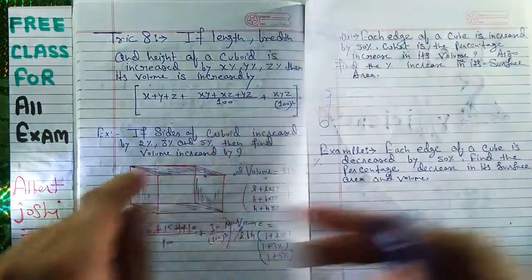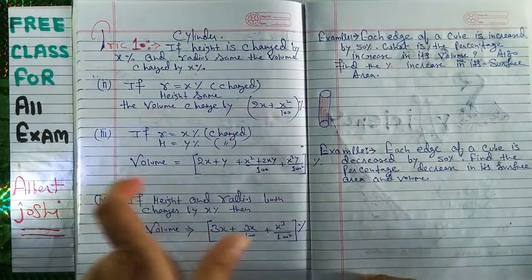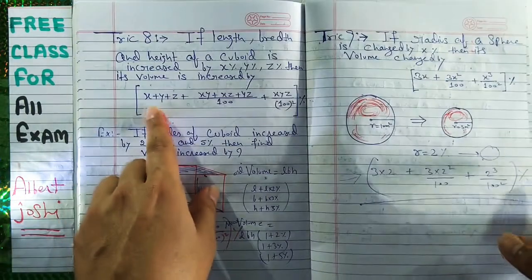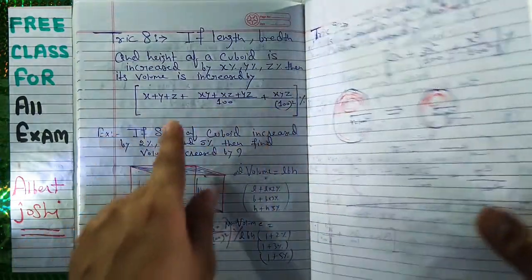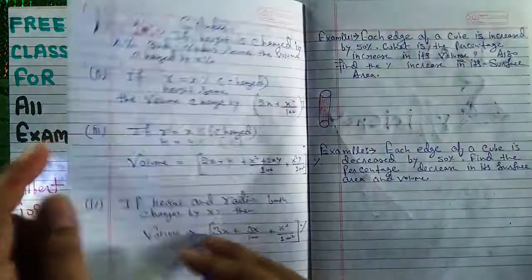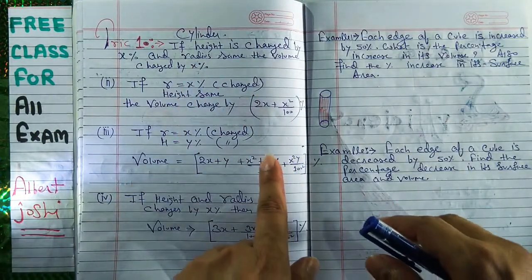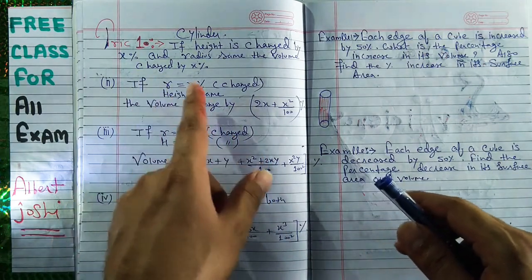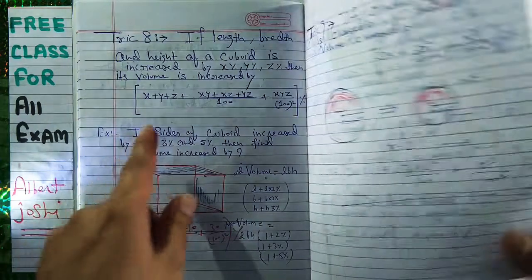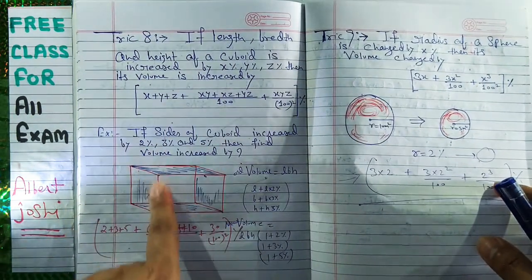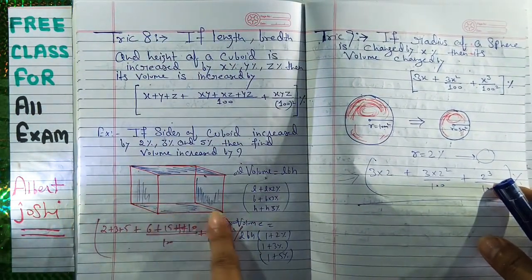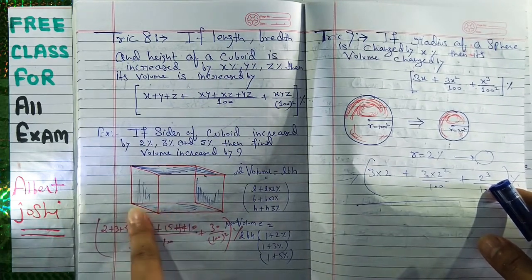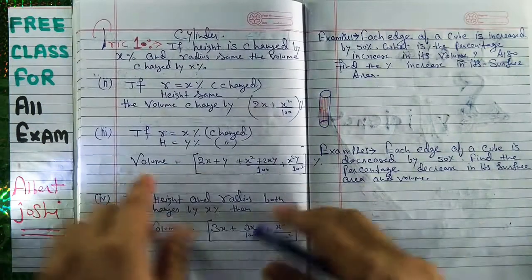So this formula and this formula are the same, only we have changed the variables' names. So that is the cuboid, and here we have the cylinder. Okay. So here we have only the height and radius, only two variables, but there we have three variables: height, base, and width. Okay.